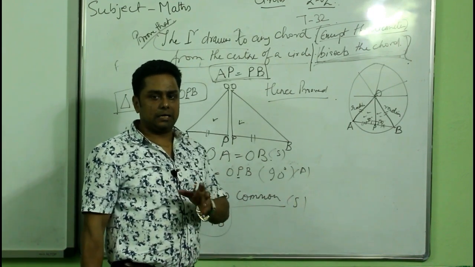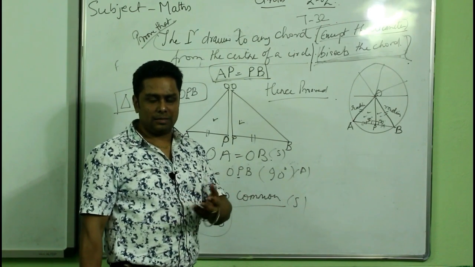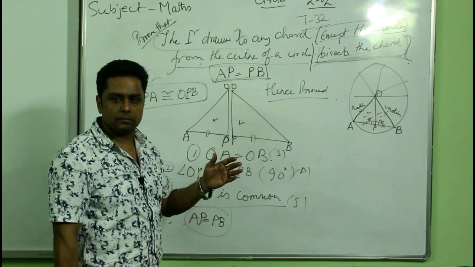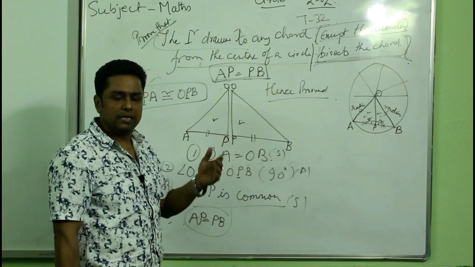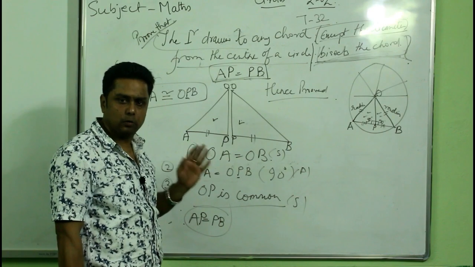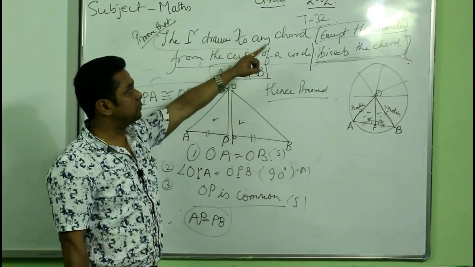See, I can understand you are not in front of me, I cannot see your eyes, but believe me, what I have taught, if you just skip it, means if you just miss it, you don't understand anything. In YouTube you have a rewind button, rewind it, then stop and see it again, slowly and slowly, you will get the full thing. So this was theorem number 32.